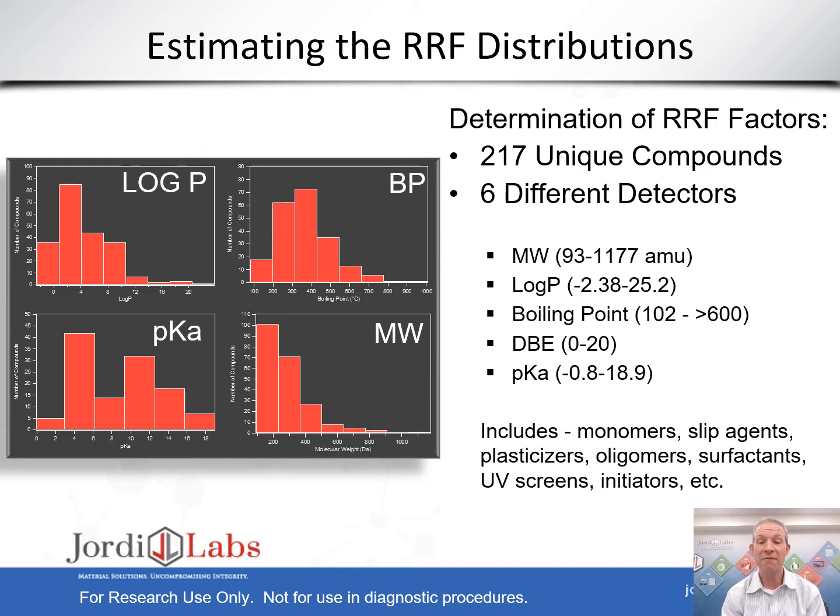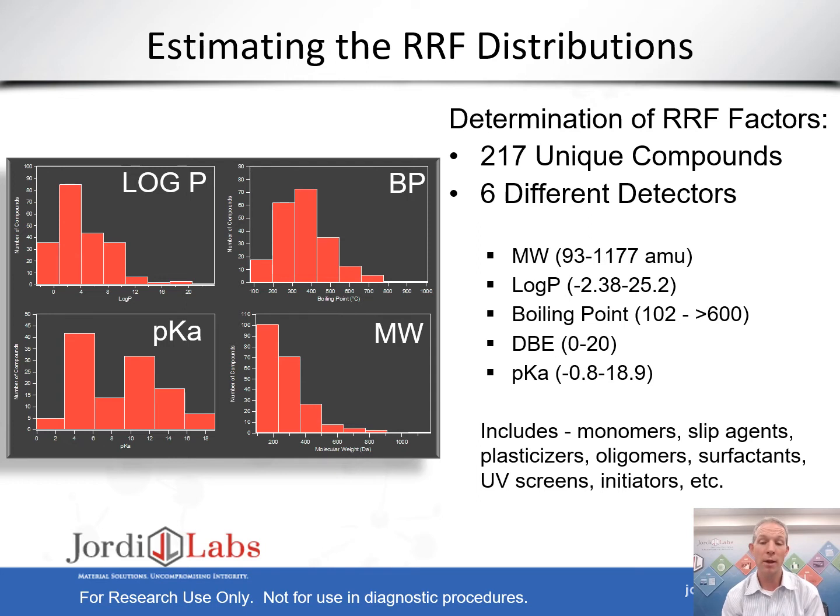Now, we wanted to test the effectiveness of this strategy on a large data set to demonstrate how comprehensive it can be. And so we analyzed a database that was broadly constituted, made up of a variety of compounds relevant to medical devices. And that database of compounds had 217 unique compounds in it. We analyzed them on all 6 of the different detectors, and we made sure that the compounds had a very wide range of physiochemical properties, including a broad range of molecular weights from 93 to 1177 AMU,